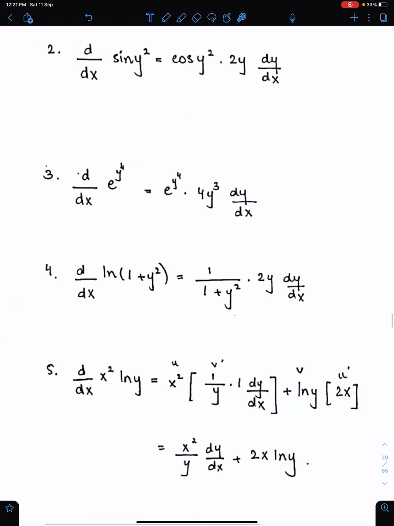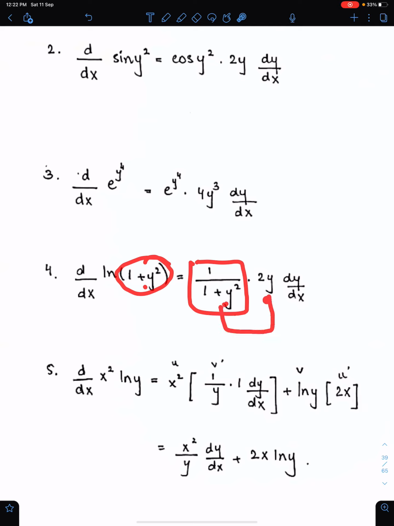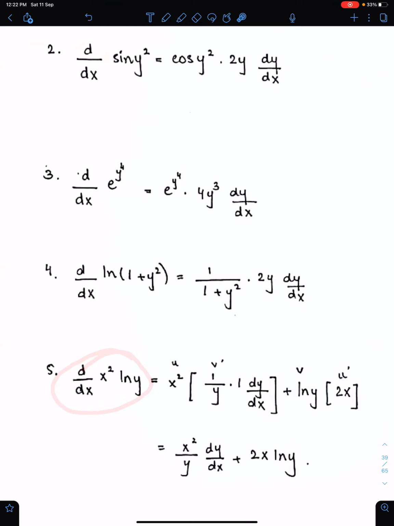Next example, the differential, this is implicit, so first write the reciprocal of this. This is the way we differentiate ln. Then multiply this fraction with the differential of 1 plus y square, which is 2y, and now multiply this entire thing with dy upon dx. This is uv,